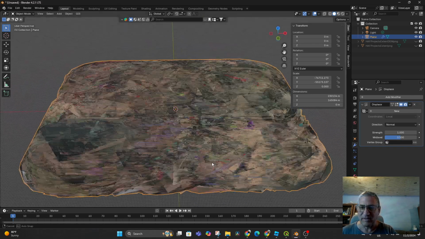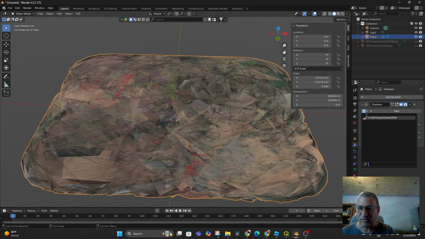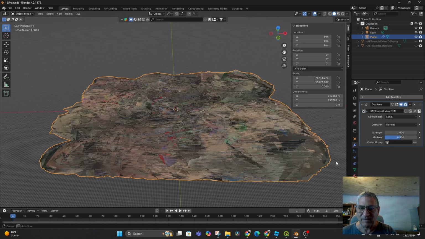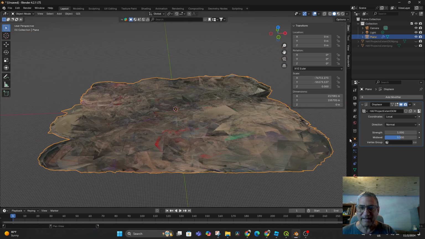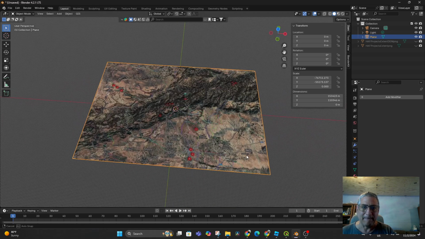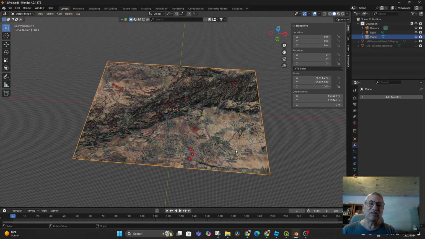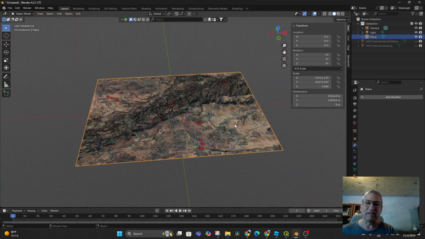Really crazy, isn't it? So that's bizarre. Adding a displacement on the displacement is not good. All right, while that doesn't look terrific, let's show what happens when you use a much smaller map, because